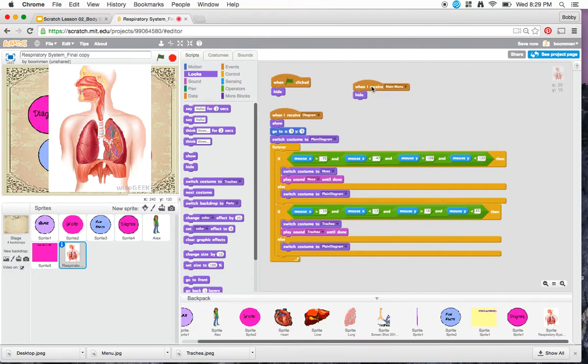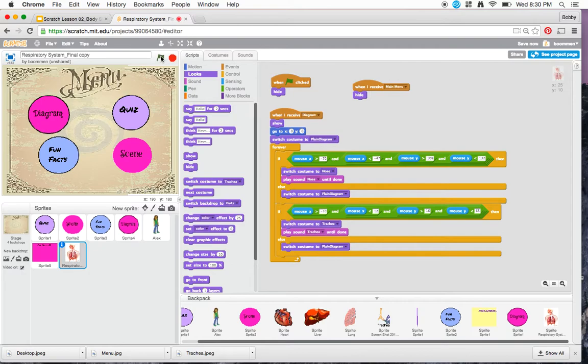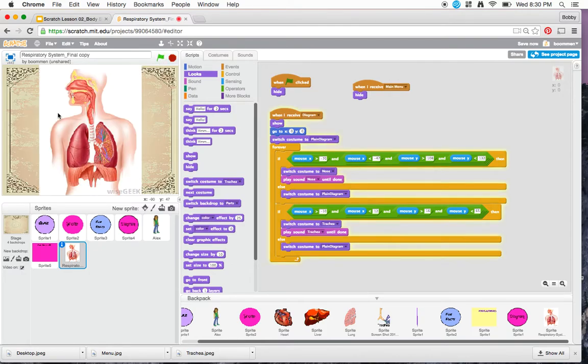Okay, so at this point, I've got when flag clicked, hide. I put a show block after when I receive, and I added when I receive main menu, hide. Okay, so let's make sure that that's working okay. When flag clicked, that's hiding. When I click on my diagram, perfect. And now I'm going to make my recording. This recording is about the trachea. Okay, I'm actually going to stop it there because I realize that I forgot to switch my background,